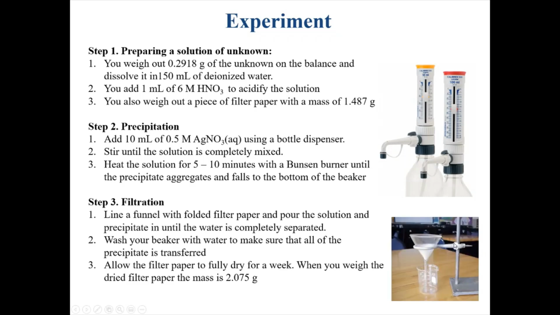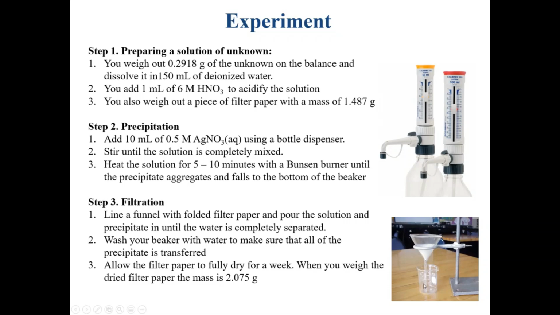Okay, and then what you're going to do is on your bench, you're going to set up a funnel. And in your funnel, you're going to fold a piece of filter paper into a conical shape. There's directions in the lab book if you want to see how to do it. It's not super important to know how to fold the filter paper for any particular reason, but this is what it would look like. And then into this funnel, you would pour your hot solution with the silver chloride clusters in it,